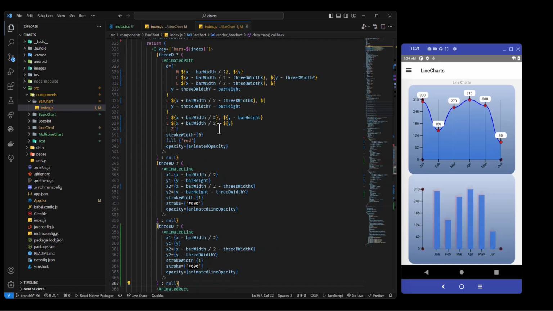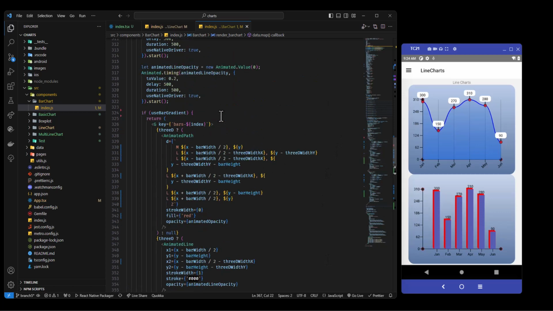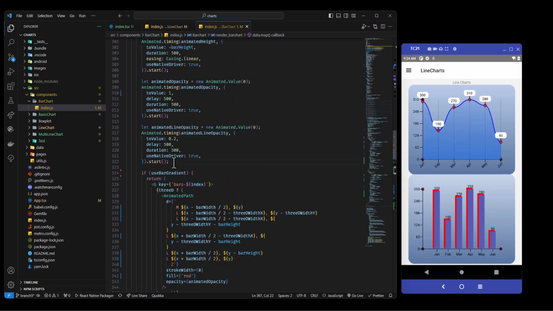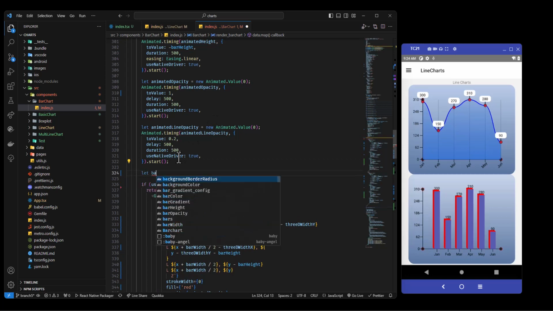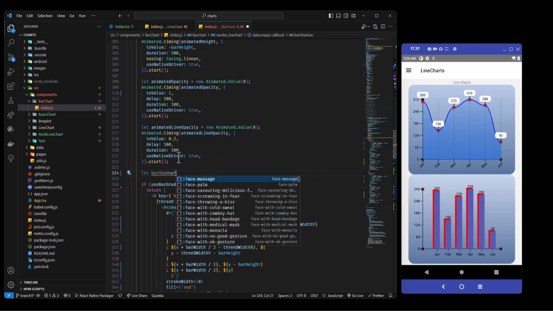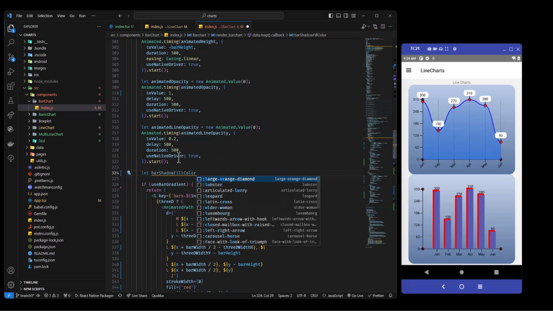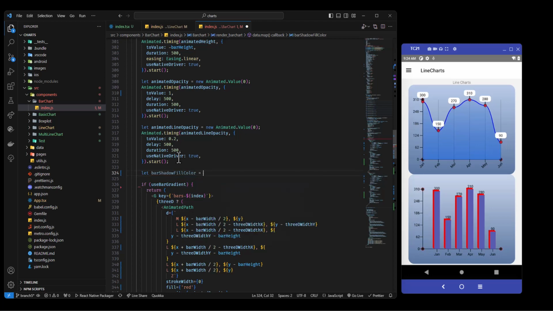So everything should still be working fine. So let's make a bar shadow fill color. And that is going to be equal to new shade, bar color, 50. And then inside of here,